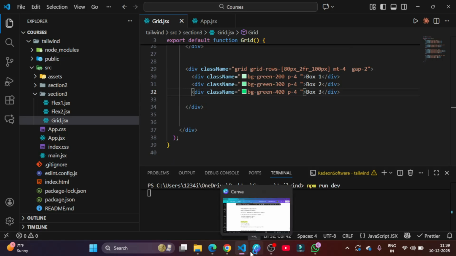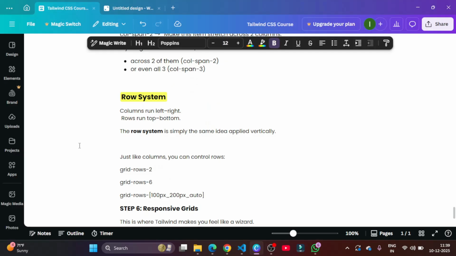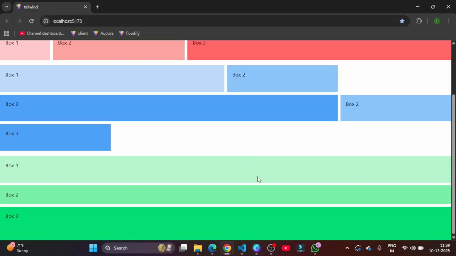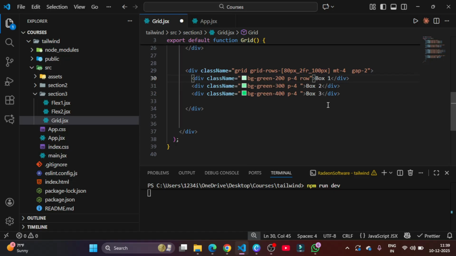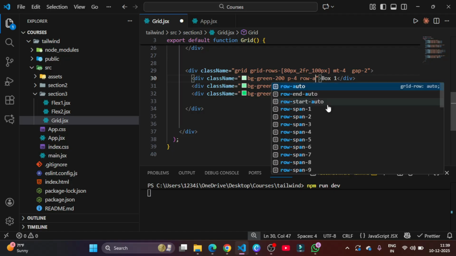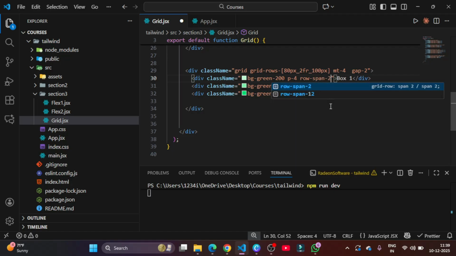right. So this is our row system, right? So you can do all this stuff. Column system means it runs left to right, but rows run top to bottom. So this is the UI. You can also put the same things, like row span. So let's say put row span 2. So now you can see